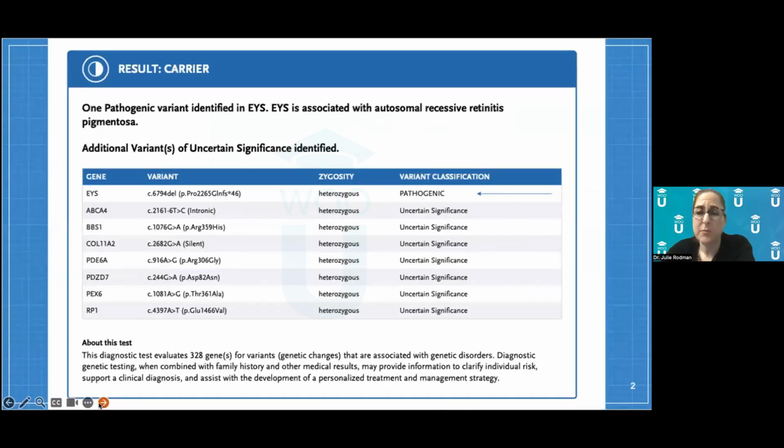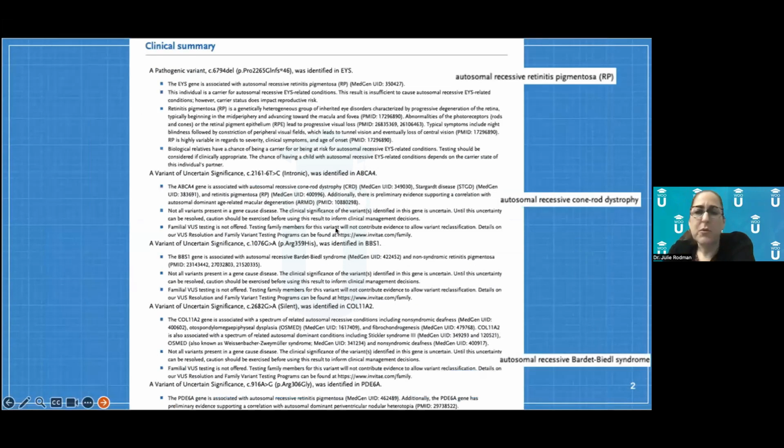So they sent us back this report, and it turns out this patient had something called an EYS variant, that was the pathogenic variant that they found. And what does that mean to me? It doesn't mean a whole lot. But if you read the line on top here, it says one pathogenic variant was identified, the EYS, which is associated with autosomal recessive RP. And I'm thinking, this is odd. Her fundus appearance certainly does not simulate retinitis pigmentosa at all. So you go on to the next page of the report, and there's a couple of things that were identified, but nothing that really said, okay, this is what I thought I was looking at.